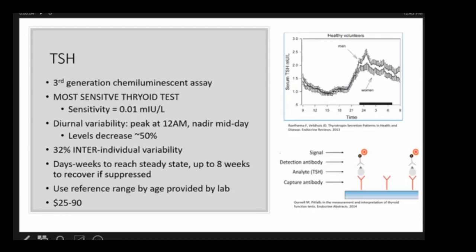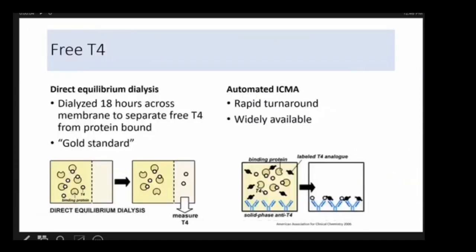Free T4 is probably the next most common test that you'll order. There are 2 types of free T4. There's direct equilibrium dialysis, or free T4 by dialysis, and then just an automated sandwich assay. The gold standard is the equilibrium dialysis, and this test is very, very sensitive, very good. It's a lengthy test. It involves dialyzing a sample for 18 hours across a membrane that separates the free T4 from the protein-bound T4, whereas the automated test is